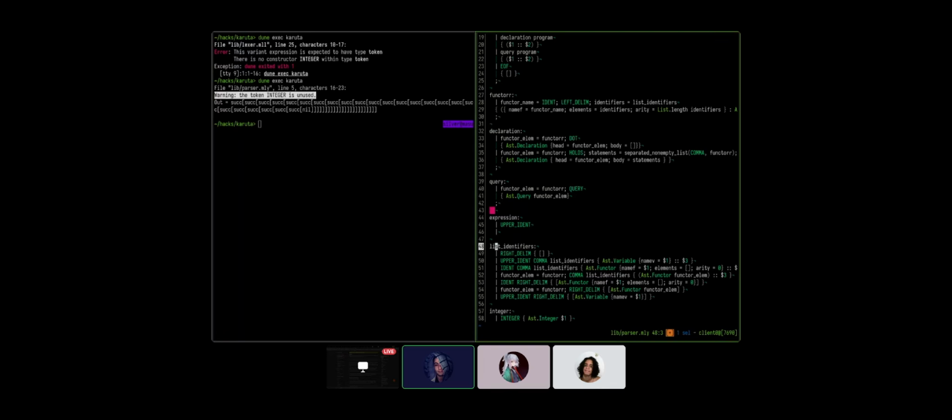Line 28, we open a bracket and we let the list of identifiers close it. That's why we did it this way, because then we don't have the problem of the closing bracket. Classic parsing problem. Well, man, I don't know if we should tackle this right now. If it's easy enough, sure.